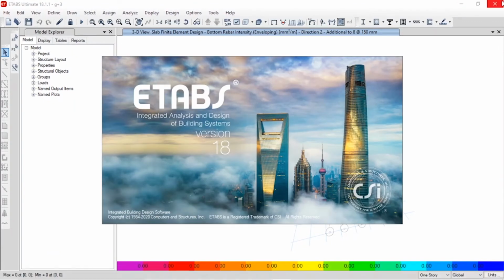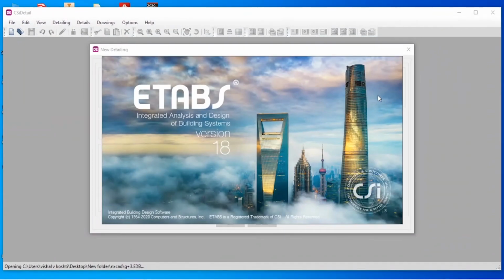If you want, you can close this file. The CSI Detailing will again open the ETABS file, the file which you are going to detail, and automatically close and do some calculations.